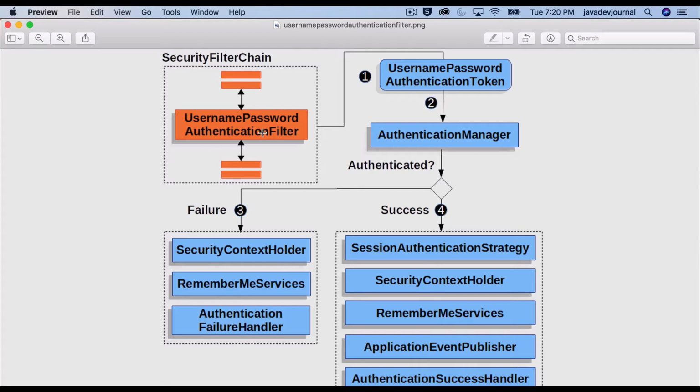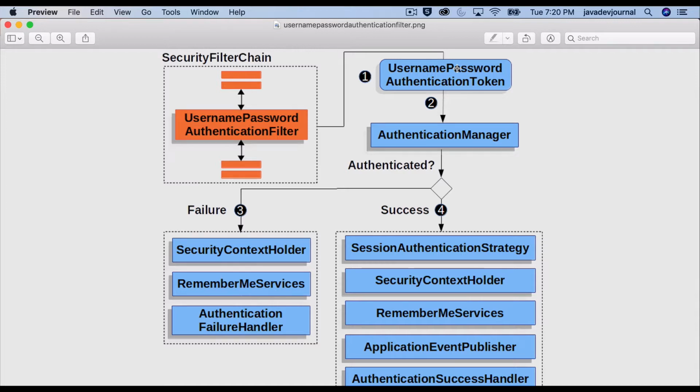If yes, it creates a token using your username and password and passes it on to the authentication manager, and then this authentication manager determines which provider it should use to authenticate that customer, right? There are certain methods, and we will look into those.